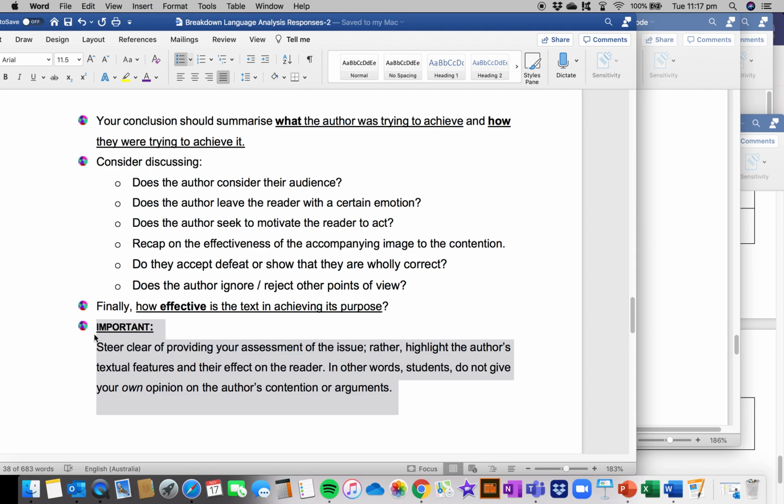Yep. So we really want to see you removed from it, your own bias, your own opinion, which is a hard thing to do, absolutely. So rather than talking about, okay, I disagree with that issue, so it could be like COVID or the palm oil or the asylum seekers, those issues that you all feel quite strongly about, actually going, okay, what has the author done? And has that been effective? Has that not been effective? And why? Not because you don't agree with them, but because of the use of contention and arguments. I hope that makes sense.